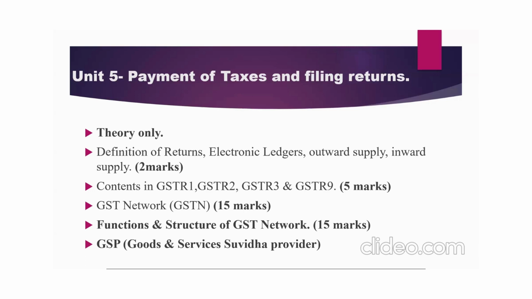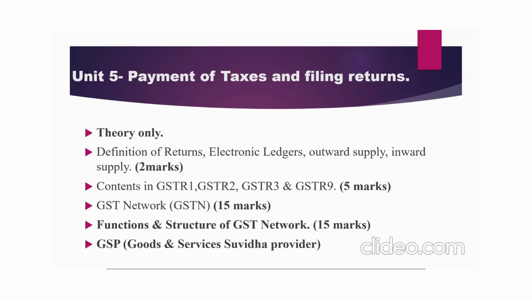contents, that is the returns. You have GSTR 4, 5, 6, but in your syllabus you only have these 4, so please concentrate only on these 4 concepts, not the other concepts. Why? Because it looks similar, because if you study one particular return, like if you study about GSTR 1, which says about the outward supply, so if you learn about this, you can write all other returns, because see, the eligibility of filing return in GSTR 1, 2, 3 and 9 all are same, and the non-eligibility also is